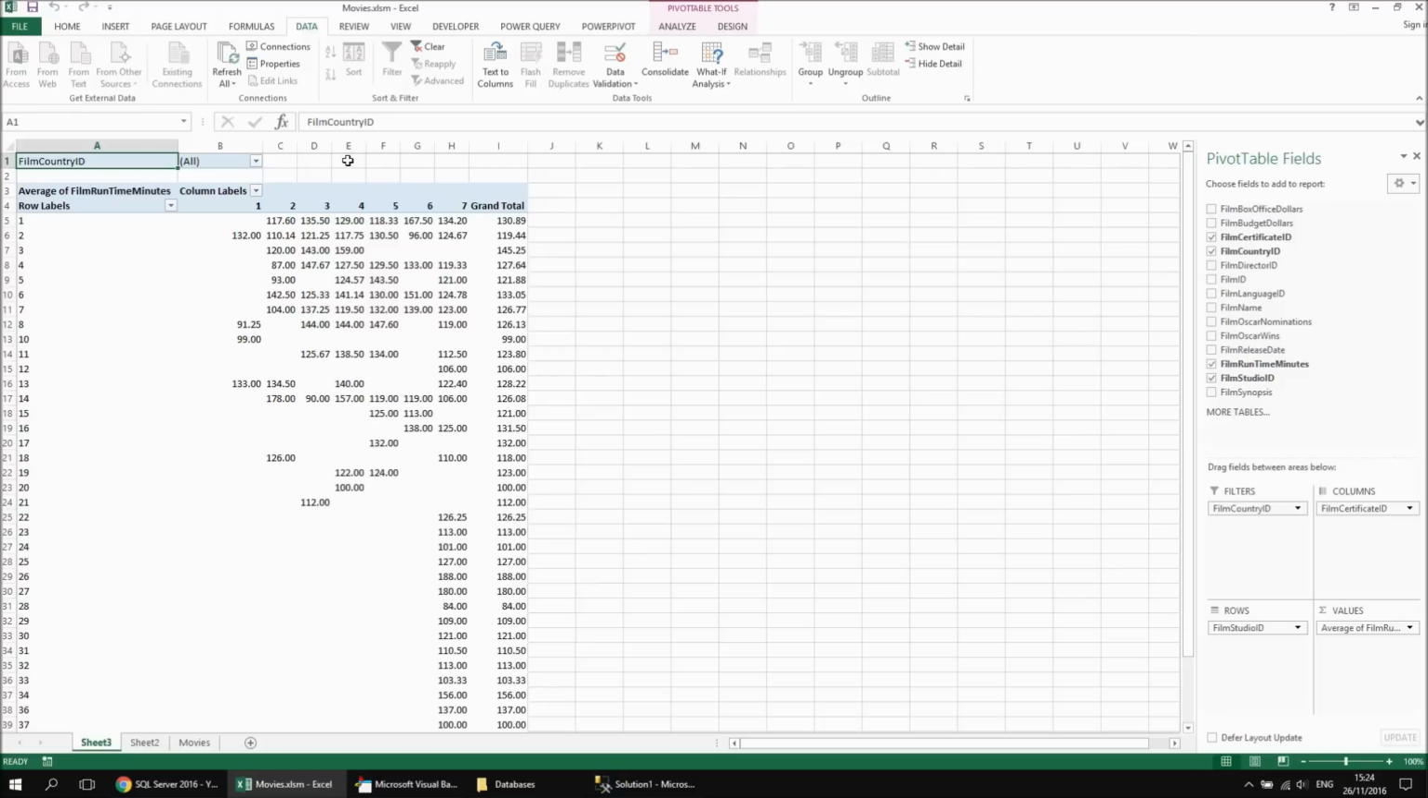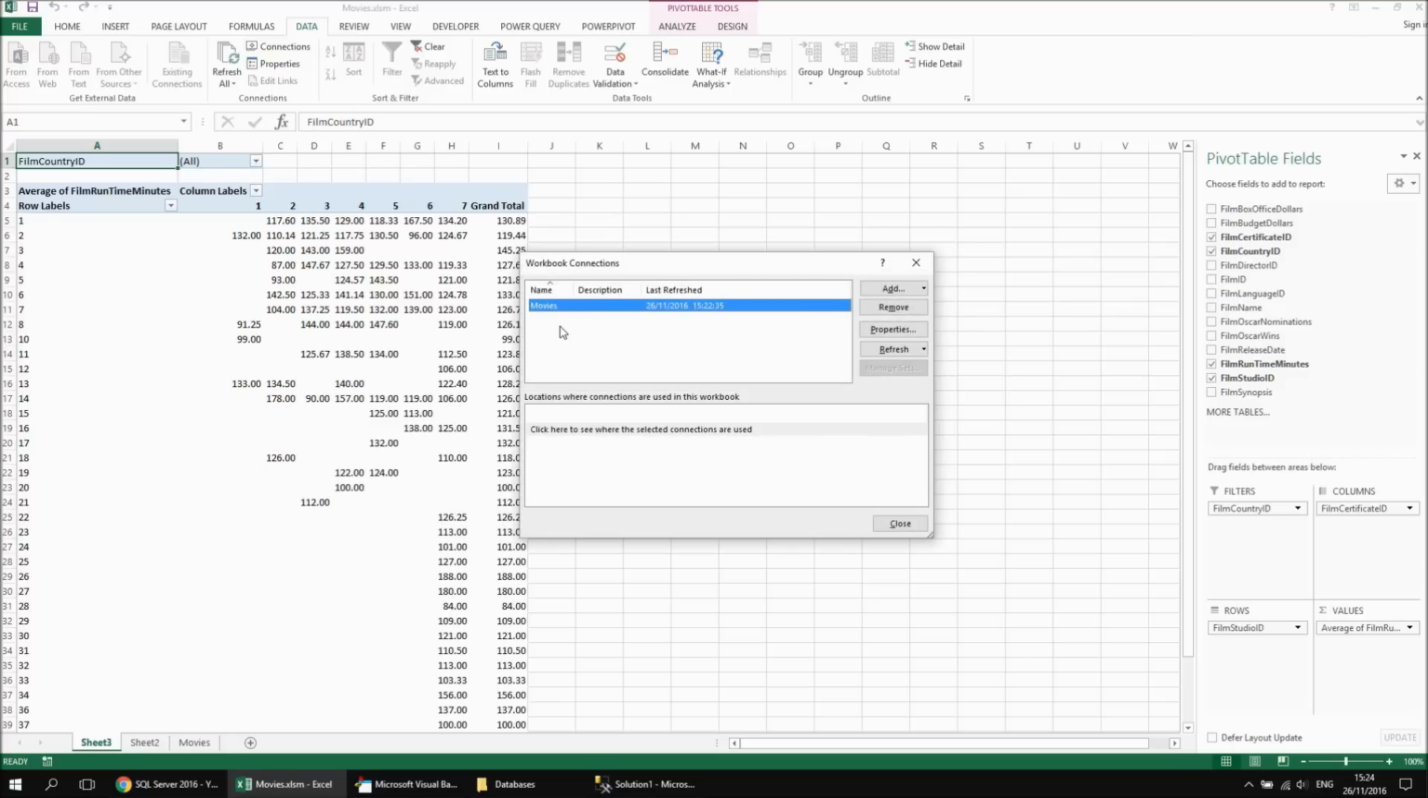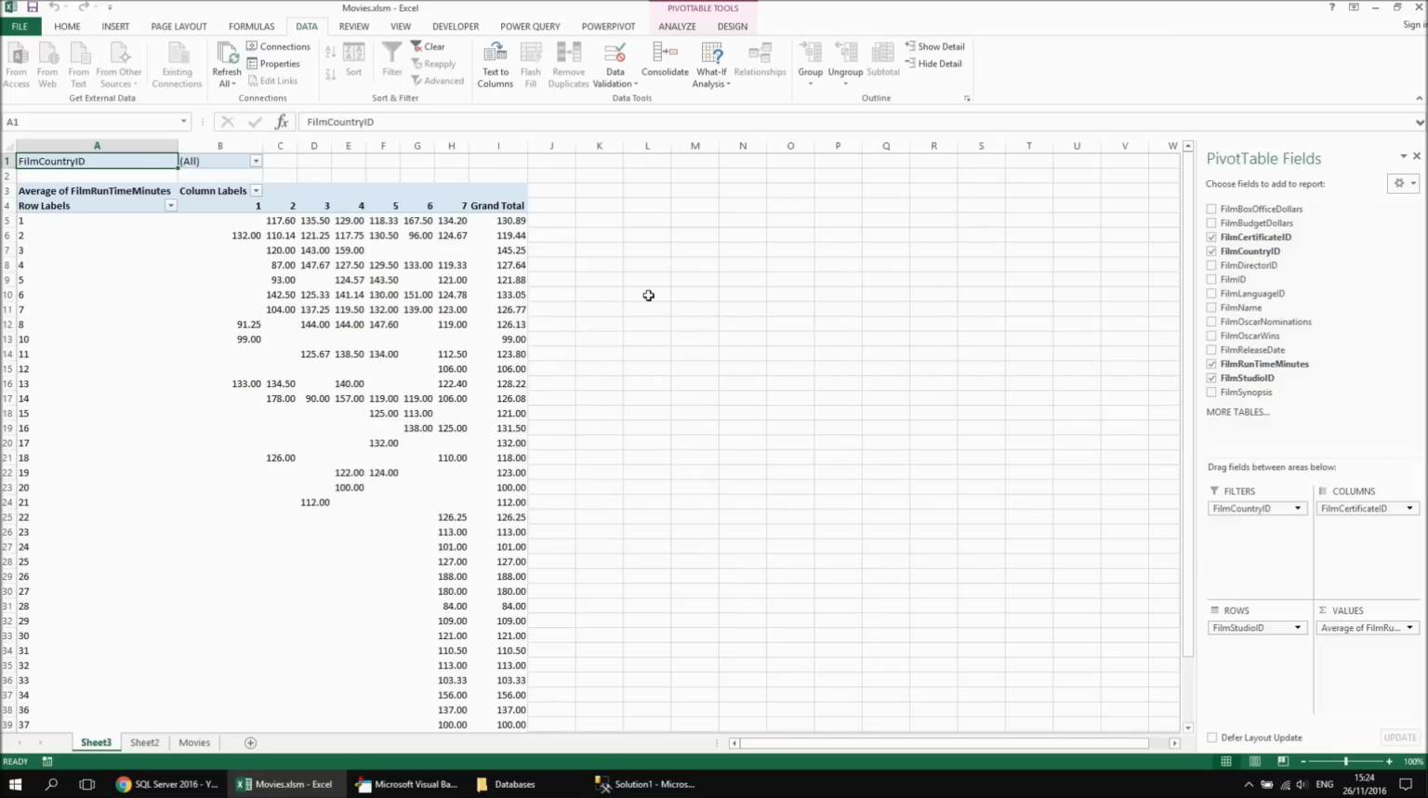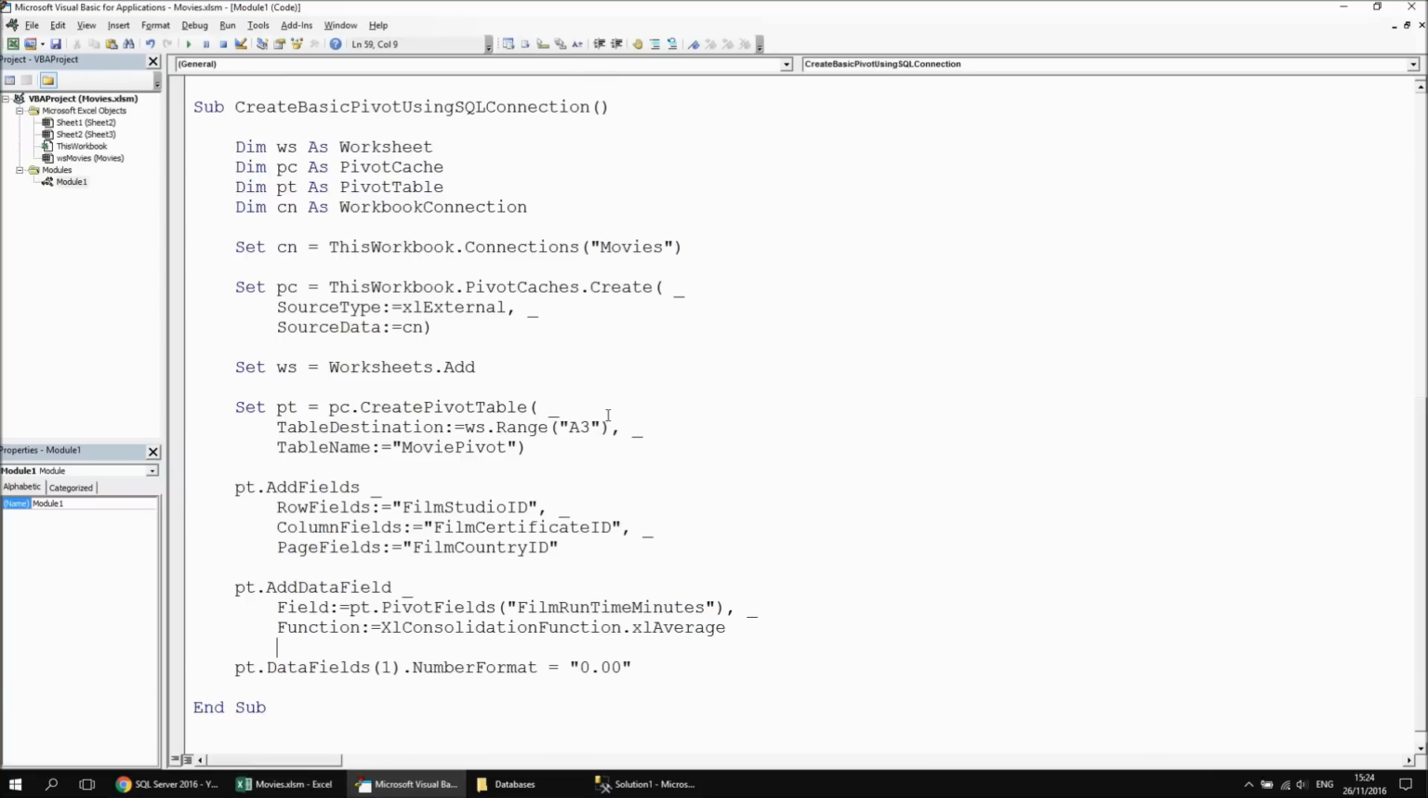So this particular technique we've just looked at relies on the fact that that movies connection exists in the first place. What if that wasn't already there? What we're going to do is write some code that's going to create a new connection object from scratch. So to make that work, I'm going to switch back to the Visual Basic Editor,